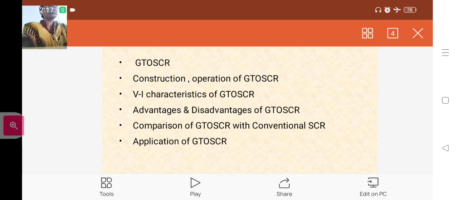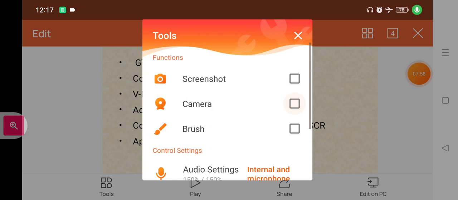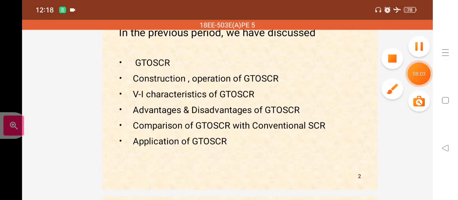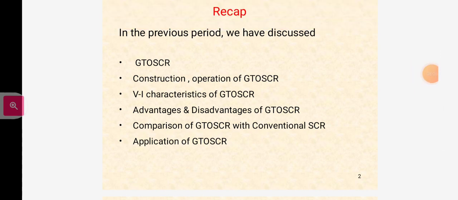In GTO-SCR, so it has a few topics. GTO-SCR is the same as SCR, but the SCR works only in forward bias, and GTO-SCR works in forward and reverse bias. In this GTO-SCR, when the positive signal is applied, a GTO switches into the conduction state like